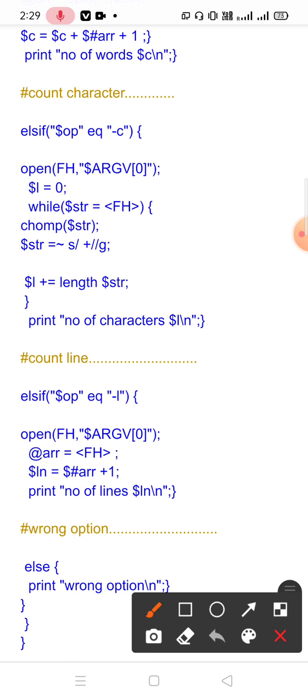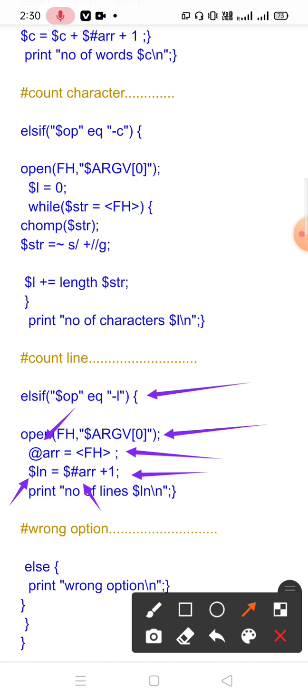Now we are going to the count number of lines part. So else if option equal -l, in the same way we will open the file, and inside an array we are storing all lines. $ln will give us the total number of lines, and $#arr plus 1 will give us the total number of elements inside this array.